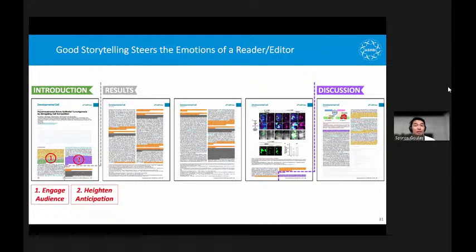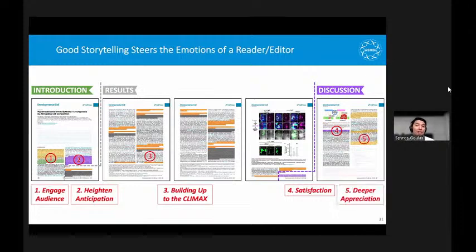But the only way to do this is actually to read the paper further, which is of course exactly what you want. Next, by constructing your results in such a way that it is logical and easy to follow, you steer the readers towards the climax of your paper. And lastly, by answering your central question, the reader then obtains satisfaction and also deeper appreciation upon understanding the social